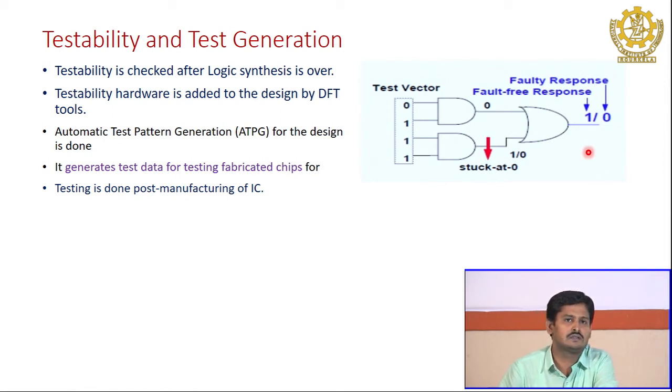Manufacturing has a certain set of inherent faults. One is called stuck at 0, where it connects directly to ground. Sometimes there will be stuck at 1, where it connects directly to 1. In that case your output will not reflect what you want, your desired output will not be reflected. So this has to be dealt with after your fabrication. Are you getting my point?